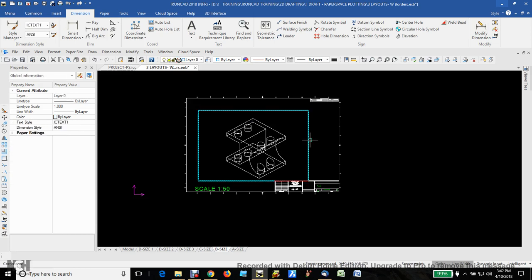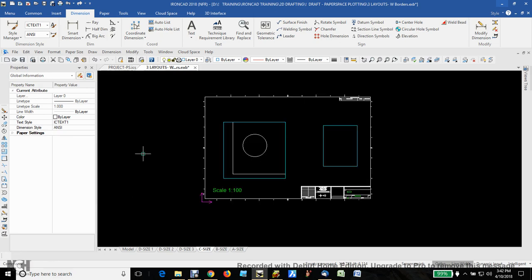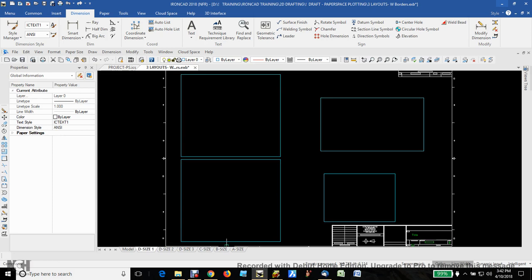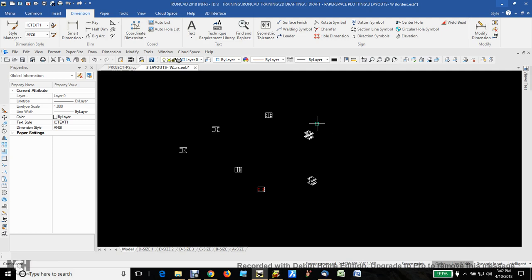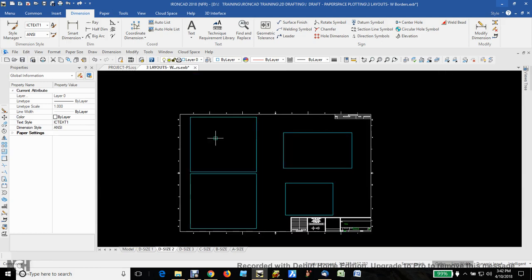And all of these viewports are on the viewport layer. And I know that because it's a cyan color. That's the color of my viewport layer. And then you could put whatever scale you happen to want for that particular drawing below it in whatever text you want. And in this case, I have a template that already has an A size, a B size, a C size, and D size drawings already set up and ready to go, so that whenever I come into my model space, which would be empty, I would insert all of my views into the model space and then place them in the drawings where I want them to be